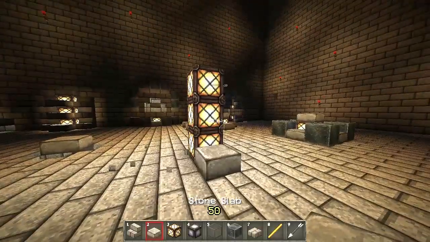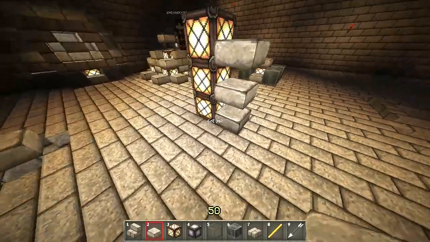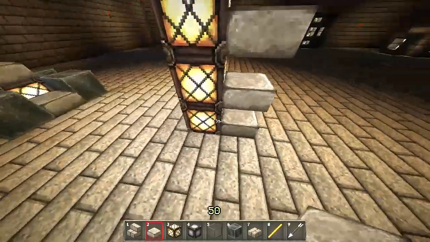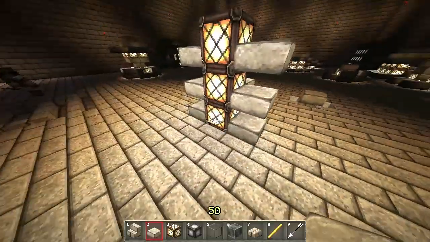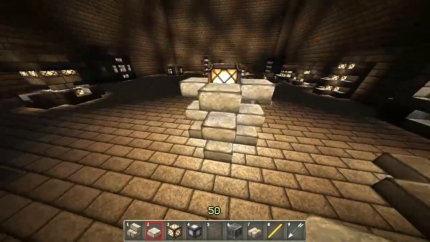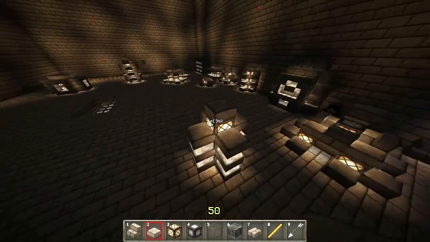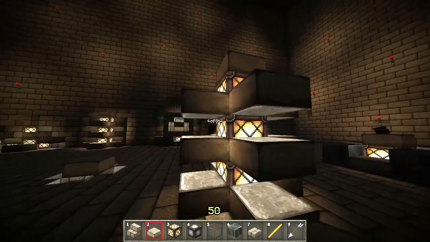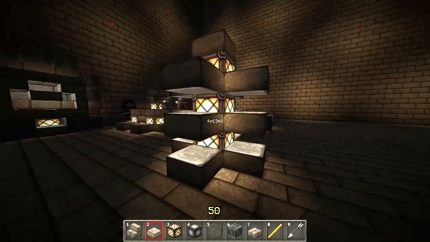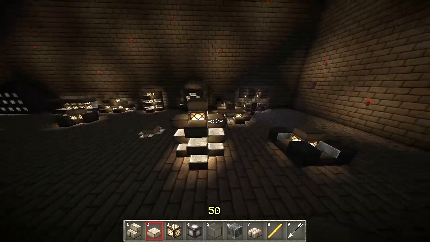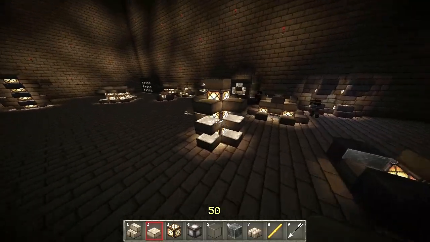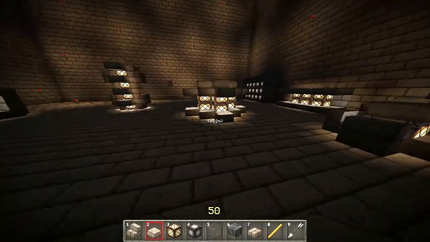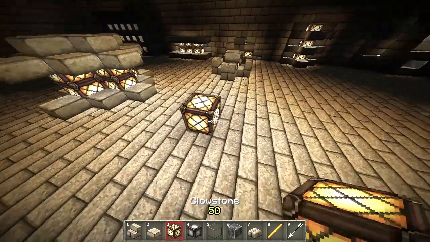So with half slabs, you could go all the way up the tower on each side. And you go all the way around and make sure every single spot is going to be covered by a transparent block, including the top. So now all the sides are covered, and the only light coming through is this very different, dark, kind of dim light. And for towers like that, you can make bigger ones or things like this,